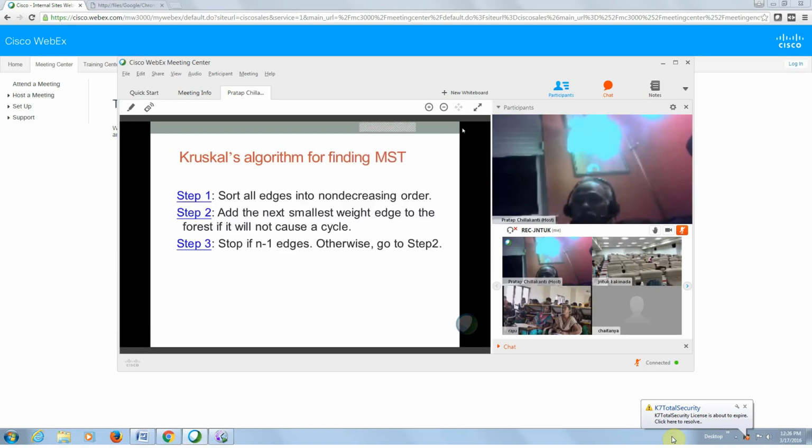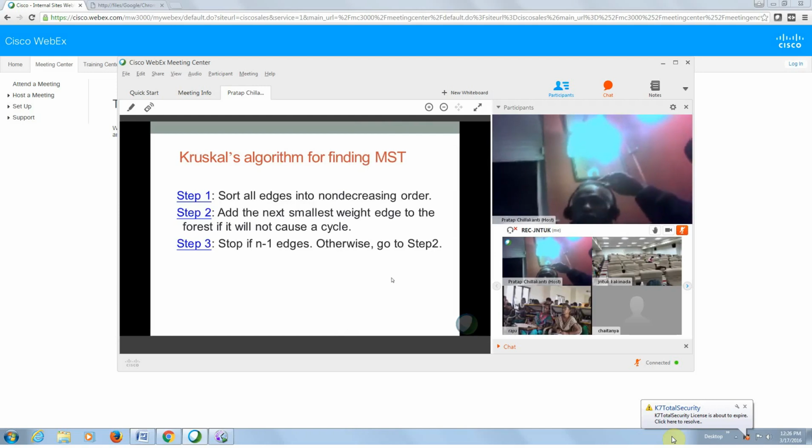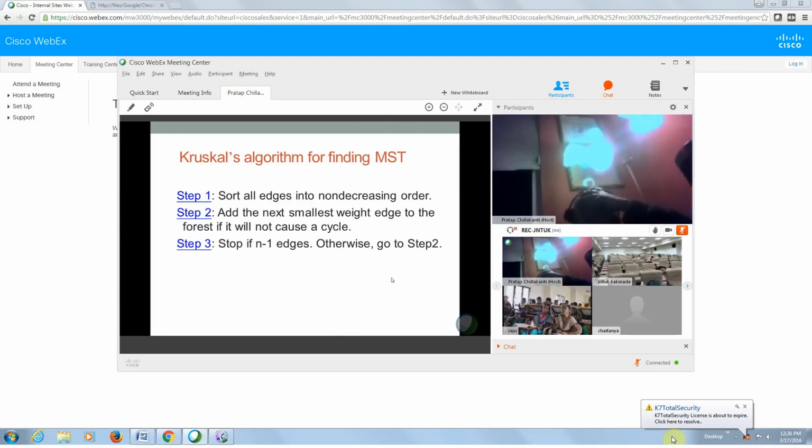What does Kruskal's algorithm do? So it is sorting all the edges. Remember, Kruskal is edge driven. Prim is vertex driven. I asked the question in the beginning when we were waiting for the students. So you are sorting all the edges. That's exactly what we did in the previous couple of slides too, right? In a non-decreasing order, meaning it's ascending, right? Okay. Then you are adding the next smallest weight edge to the forest. And why do you call it a forest as opposed to a tree? In Prim, when I talk about differences between this one and Prim, in Prim,